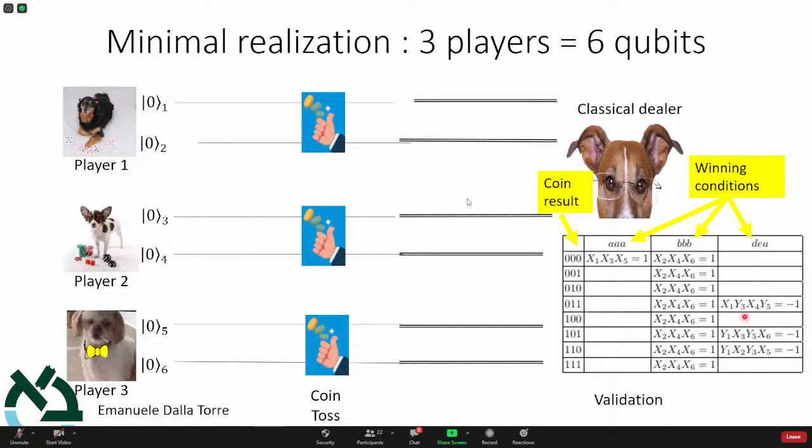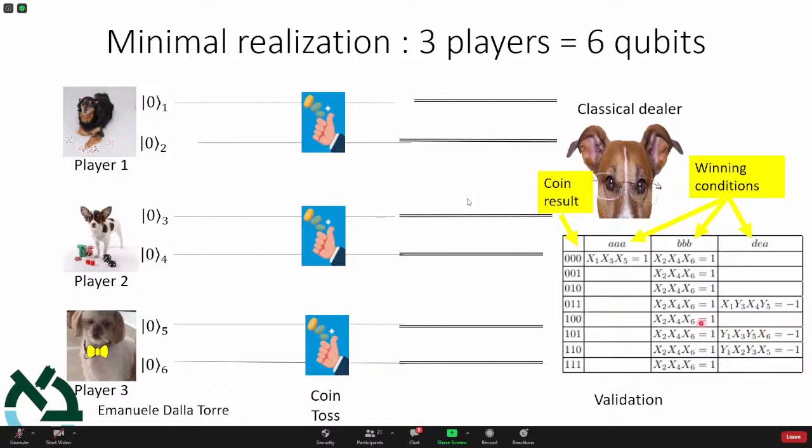In some situations you need some of these Pauli operators, x and y, to give you a minus. So you cannot just put plus on all the results. Sometimes you need those minuses. And it's quite straightforward to see that you cannot satisfy all these rules at the same time. These rules cannot be satisfied all the times, and that's why the classical players cannot win all the times.